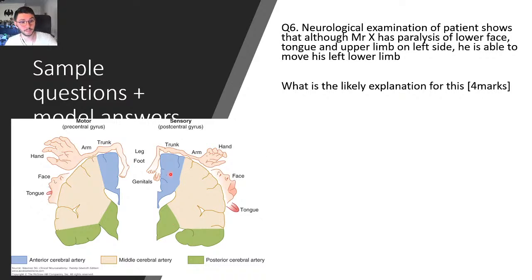So the brain is organized as such, and so he seems to have suffered a stroke. His lower left face is paralyzed, but his upper limb on the left side he's not able to move, while his lower left limb is able to move. Well, this is because of the different blood supplies of the brain. So if you have paresthesia and paralysis of the face, you can start suspecting the